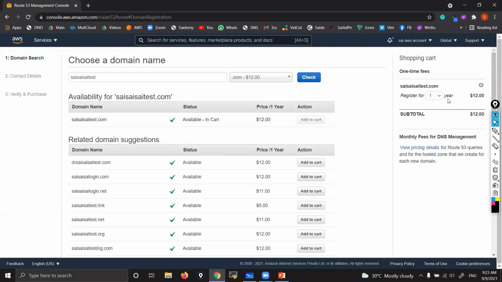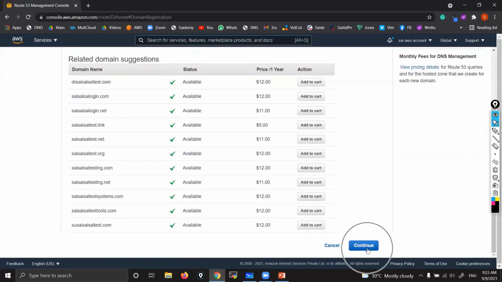And see here, you want to register for how many years? If you are registering for 1 year, $12 per year. No, I want it for 3 years, $36. That's it, like that you can register. You can hold. So every year you have to renew, otherwise that will be taken by someone else. You lose your domain. Got it? So after every term you have to renew. Okay, 3 years means $36. Then click here continue, and there you have to give your card details and all. Then you can buy the domain name.